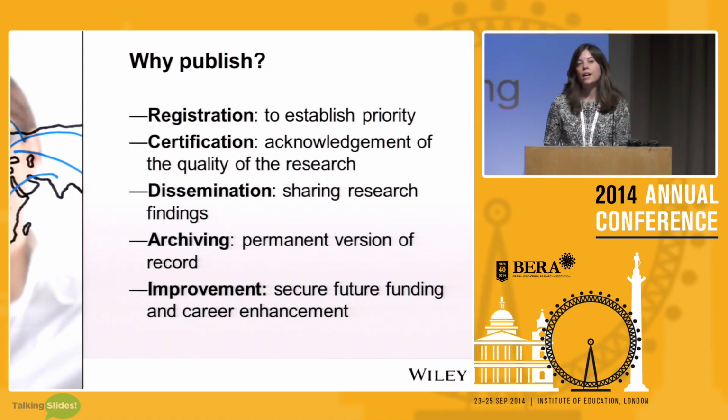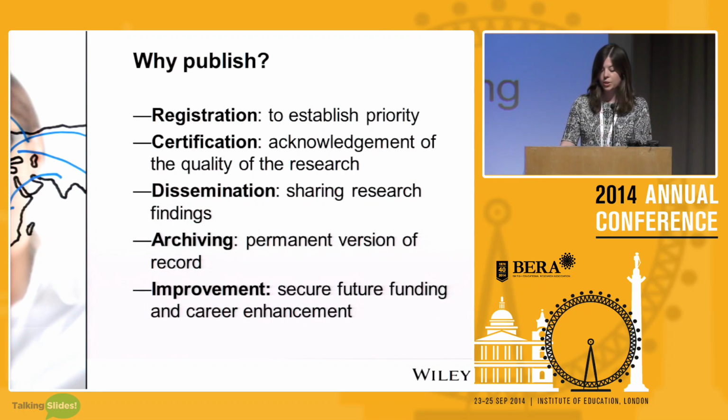So I'm assuming the fact you're all here means that you already know that you want to publish in an academic journal. But to start, we wanted to start with the reasons why you might wish to do so. Firstly is registration, of course. Publishing in an academic journal lets you establish all important: this is what I did, this is my research, and even better, this is what I did, and I did this first.